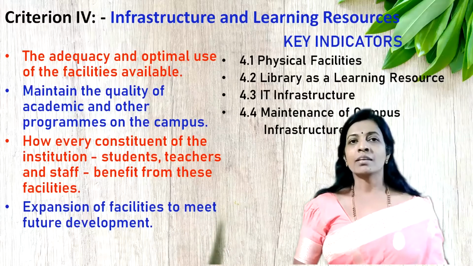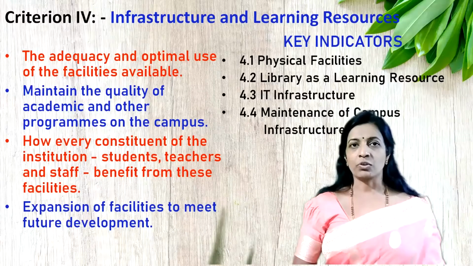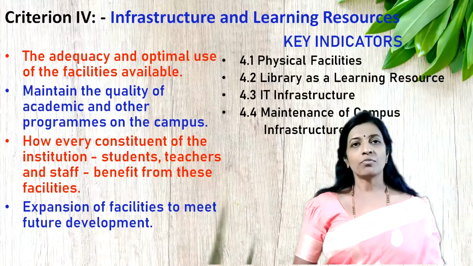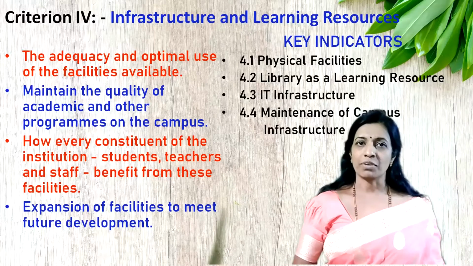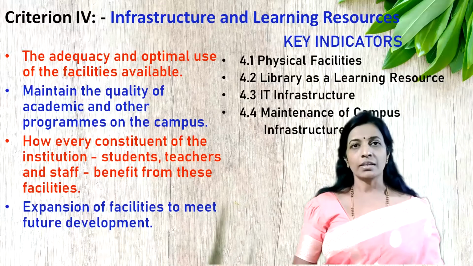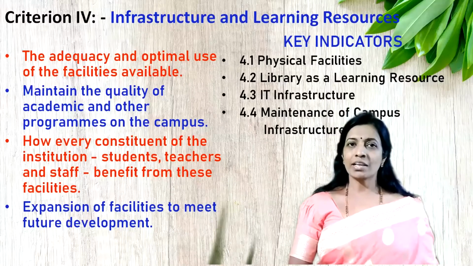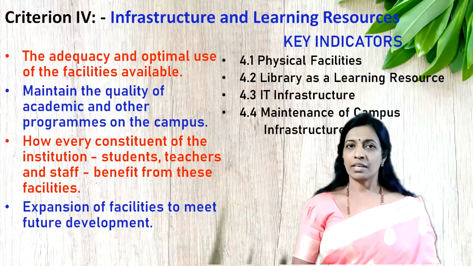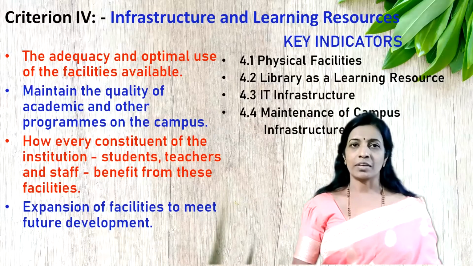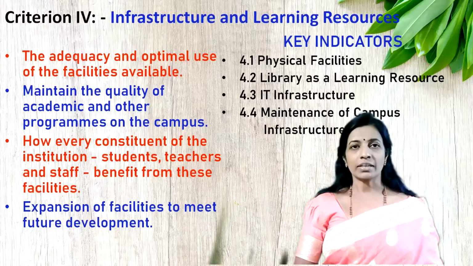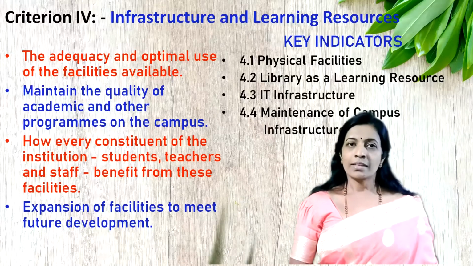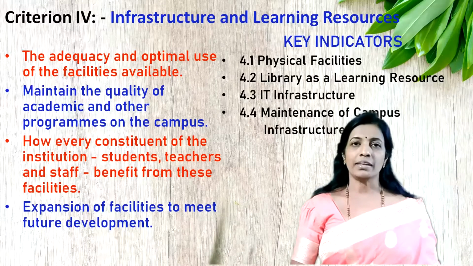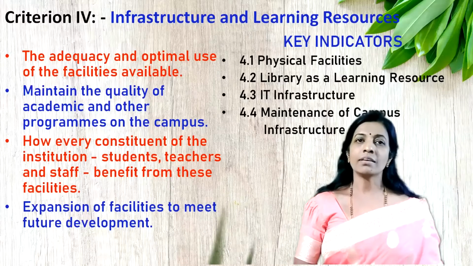Physical facilities. Every higher education institution needs to provide adequate infrastructure in order for the educational programs to be effectively implemented in their institution. These physical facilities should meet the requirements of all the curricular activities, the extracurricular activities, and other research activities also. The next key indicator, which is assessed under the fourth criteria, is library as a learning